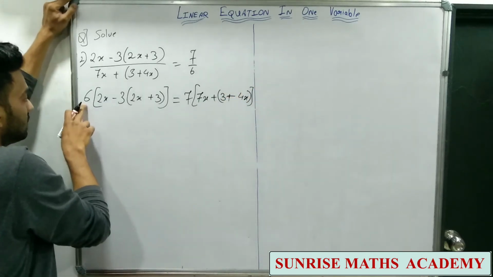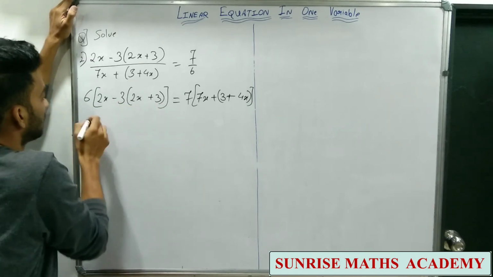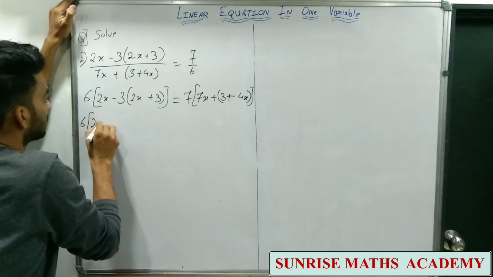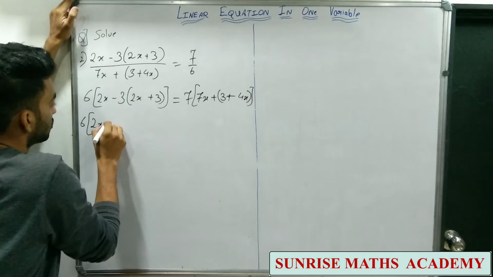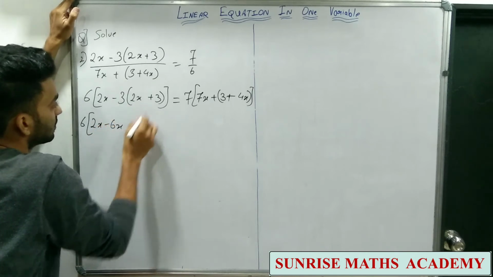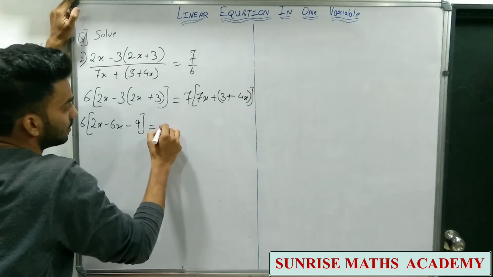Then we multiply this 6 to the terms inside the bracket, but before that we have to multiply this. So this will be 2x. This minus 3 will multiply to the terms inside this round bracket. So it will be minus 6x and this will be minus 9. Here